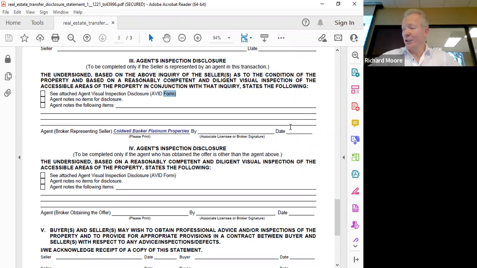I think that's a good question that probably I couldn't answer clearly. Is it complete? So that's the first aspect of it. Would we consider that complete if certain questions are not answered? Maybe somebody can make that assertion. And that completion also includes you completing either page 3 of the TDS or attaching your AVID. Without that, the TDS once again is not considered complete and the rescission period remains open.